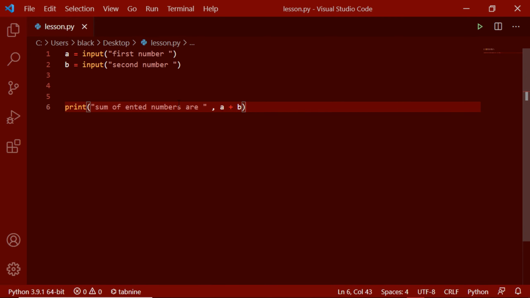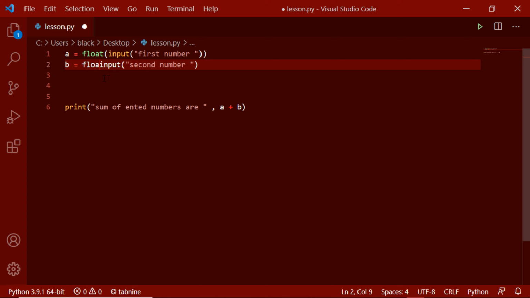And if we run this, it will give us an error because Python takes these user inputs as strings by default. We have to change it to float or int. What this does is take the input first, then automatically convert it into float values.